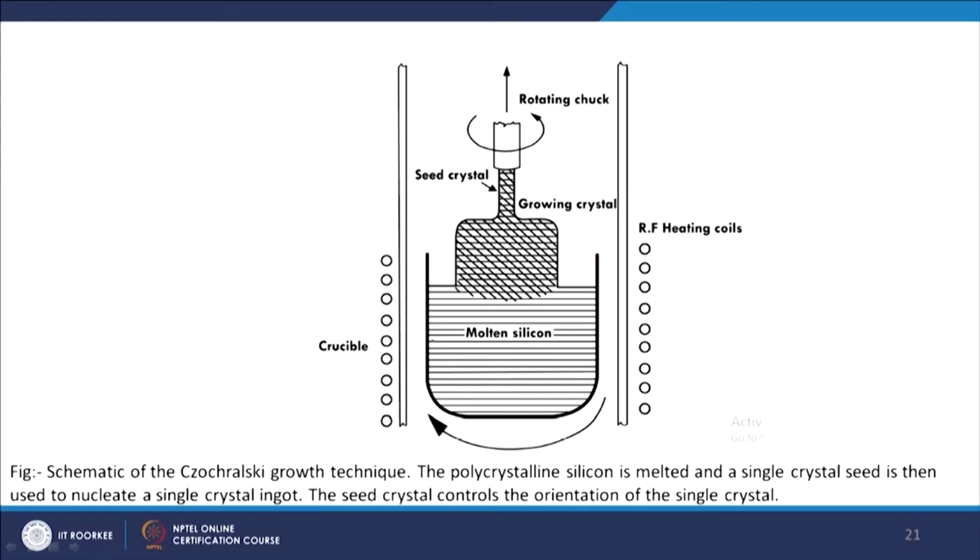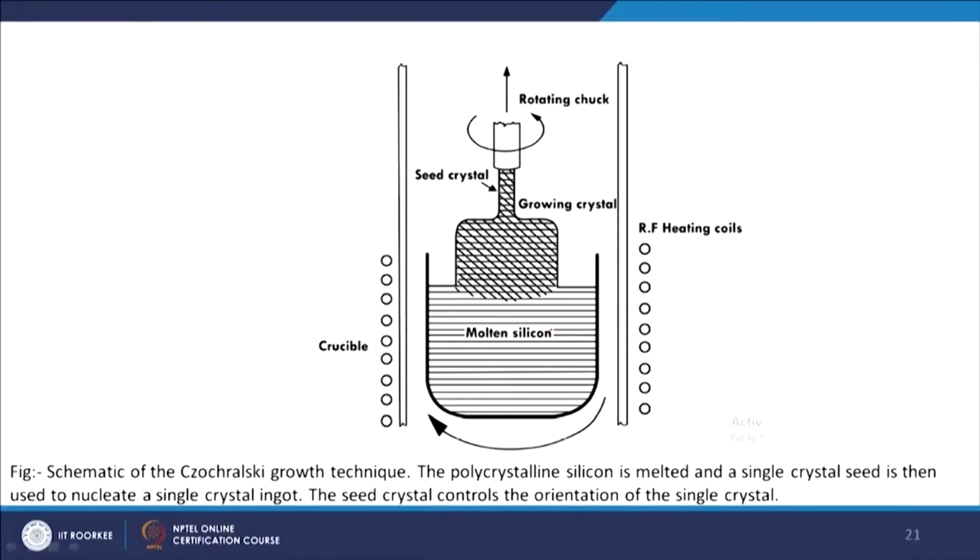Here we have molten silicon, which we got by heating the silicon at high temperature. Then to get a single crystal, we dip a seed of the single crystal inside this molten silicon, and the silicon starts growing on that. Depending upon the heat, temperature and the growth kinetics, we get a larger or smaller size of single crystal silicon, and this process is the Czochralski method.